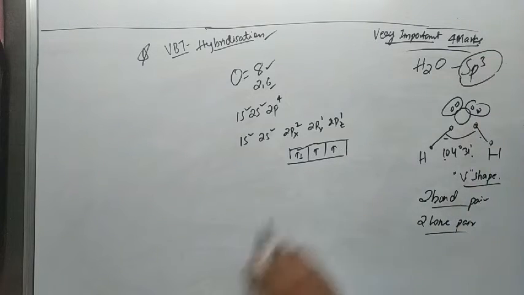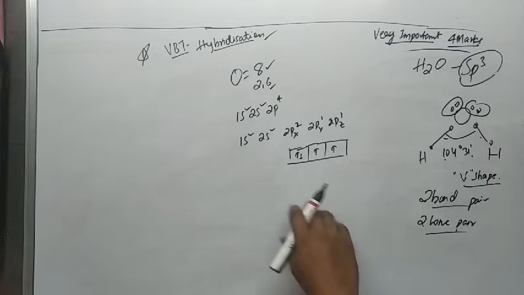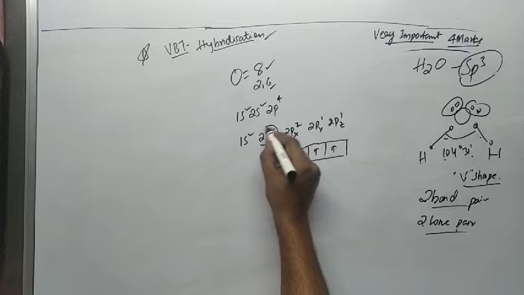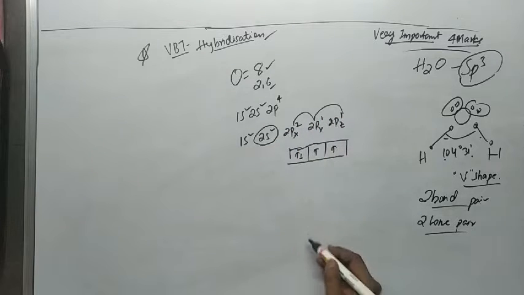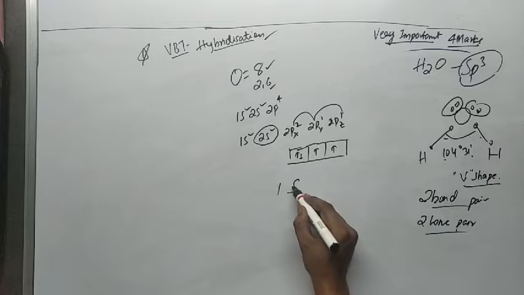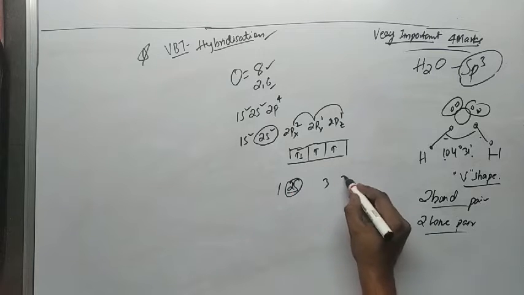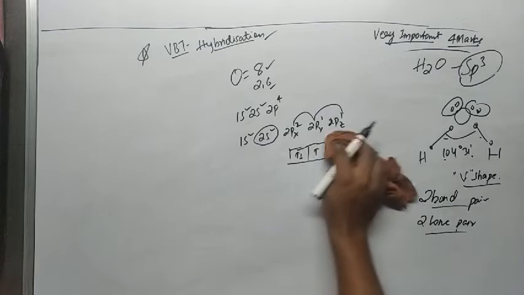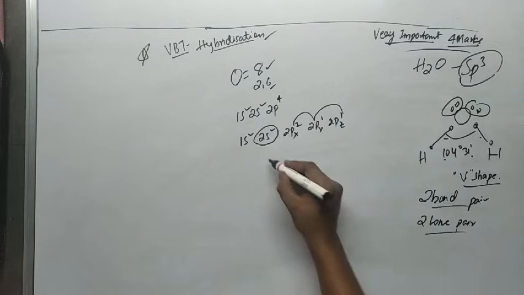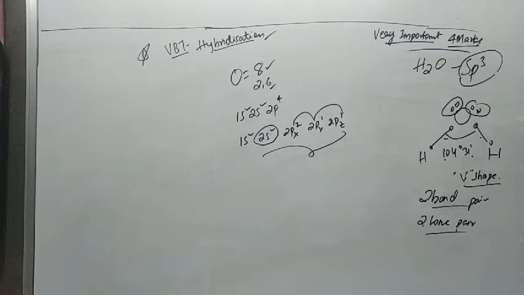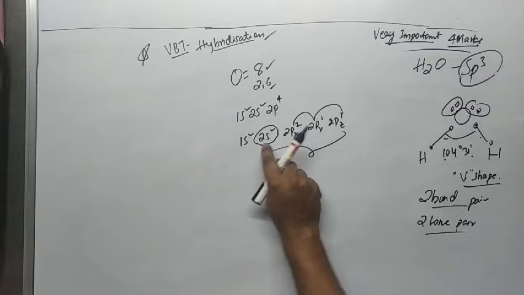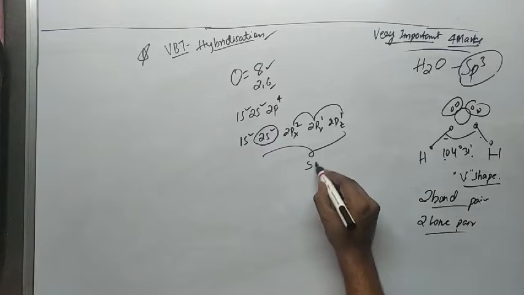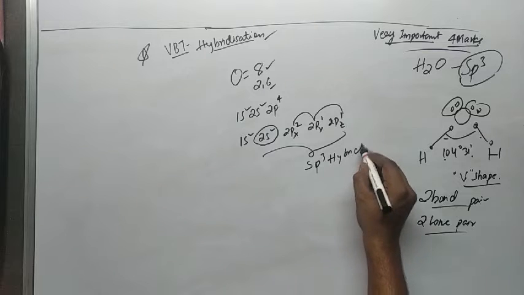So why is this molecule an example for sp3? Here, one 2s orbital and three 2p orbitals, totally 4, will intermix and form 4 identical orbitals, because they should have the same shape. To explain the strength with the help of hybridization, the s orbital and these 3 p orbitals intermix and form sp3 hybrid orbitals.